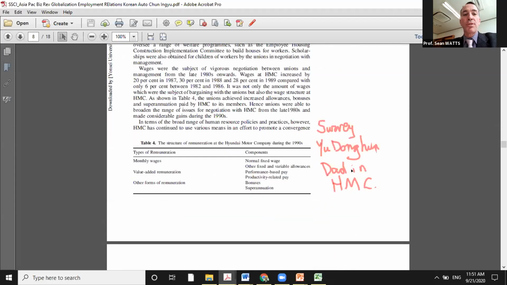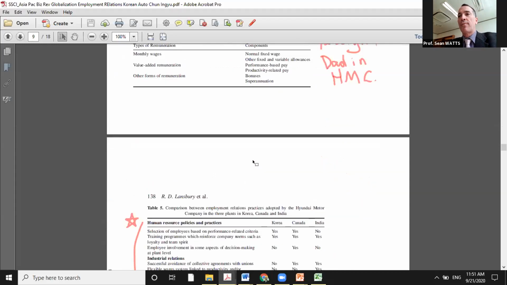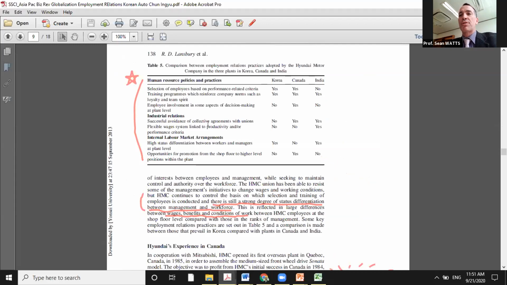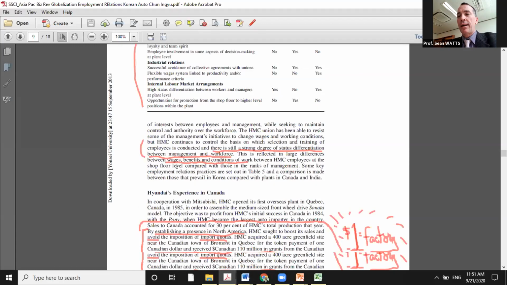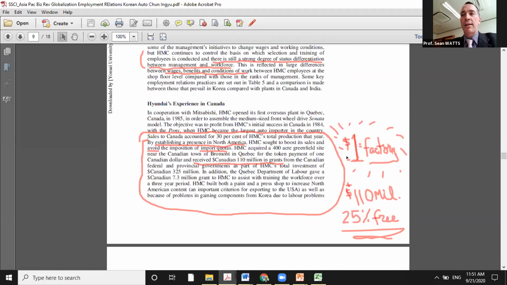And it actually shows this student, their father is an executive in Hyundai. And so their father agrees with these type of details. And it's talking about remuneration and pay. And pay in China is very different than pay in Canada, very different than India, very different than in Korea. So this is how human resources can vary. It also talks a lot about some very, very important things. We'll talk about this more next class, but I'm showing you, in general,